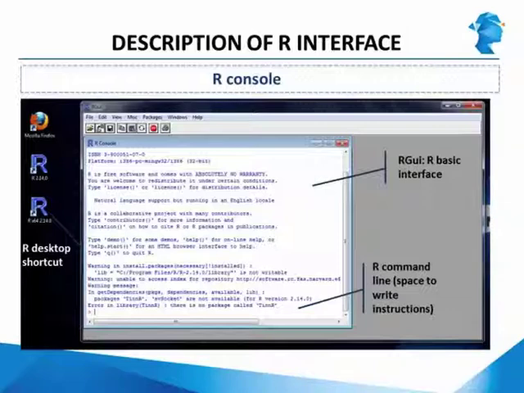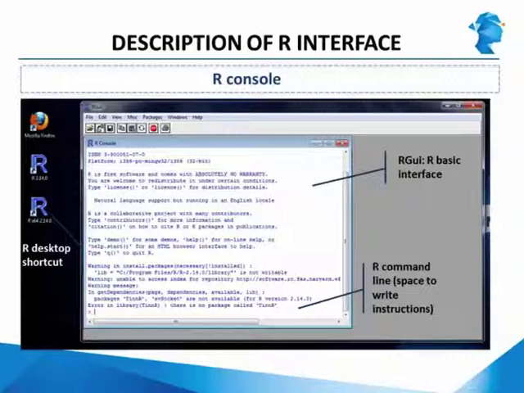What you can see in the picture is the usual R basic interface called the RGUI, which is for Windows. The graphics will be slightly different in Macs or Unix, but the functions will be very similar. After launching R from your desktop, a window will open. You will be able to write instructions and perform most operations available within R from this interface, which is also called the R console. This is very similar to how the Unix or Windows commands work.